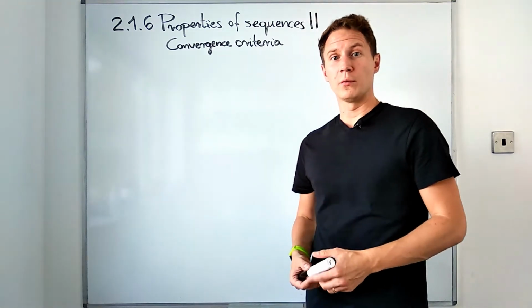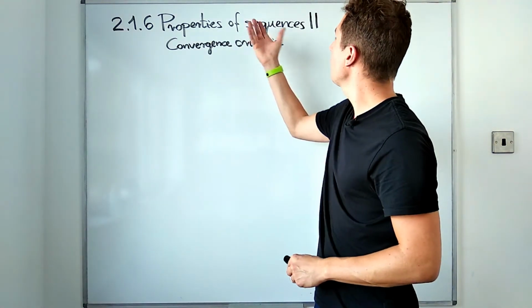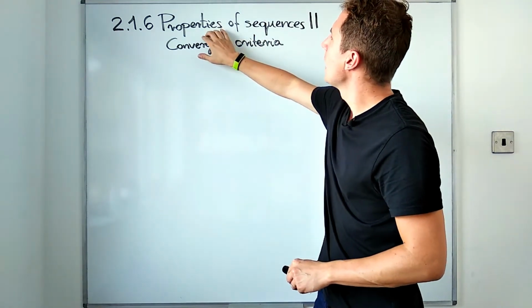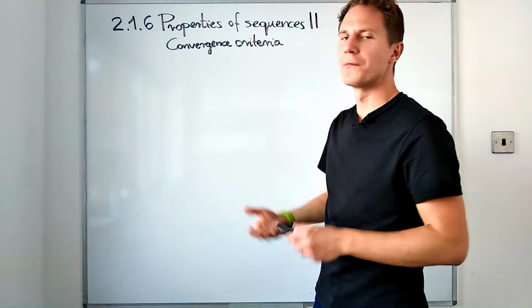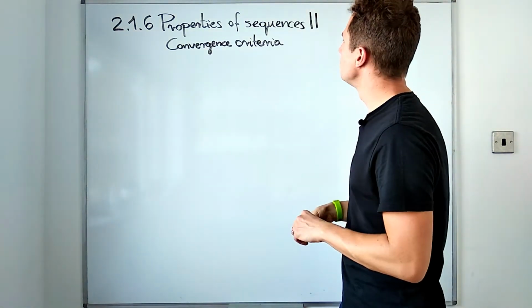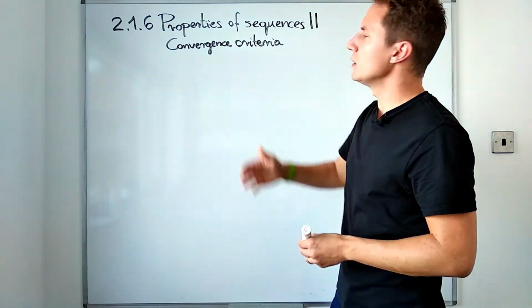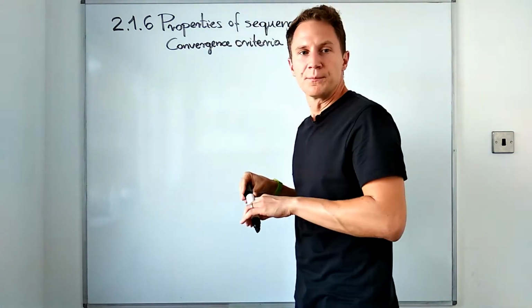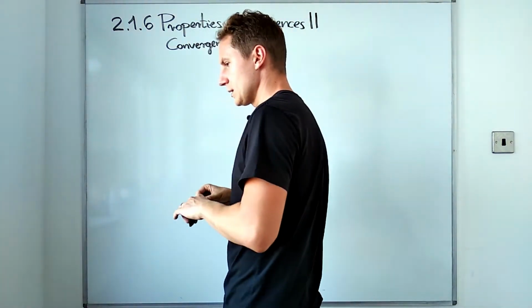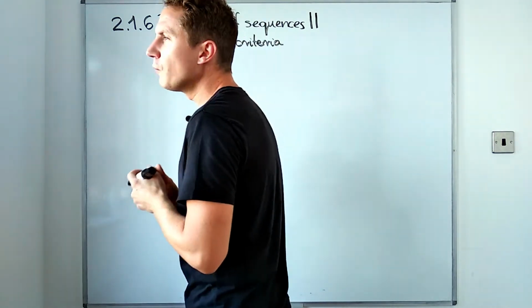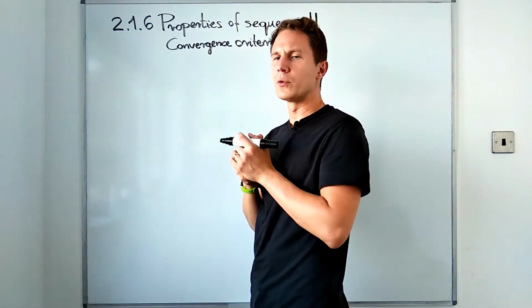In this video, I would like us to return to the properties of sequences and look at their behavior in relation to convergence. So what kind of convergence criteria can we come up with in terms of these different behaviors that sequences can exhibit? So my first statement is that a bounded sequence does not necessarily have to converge,